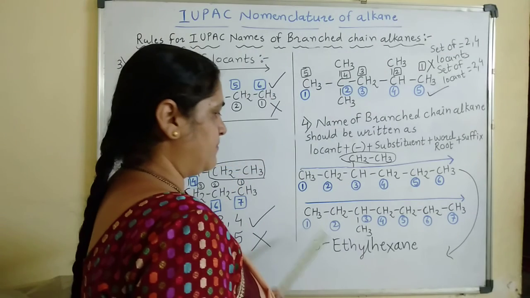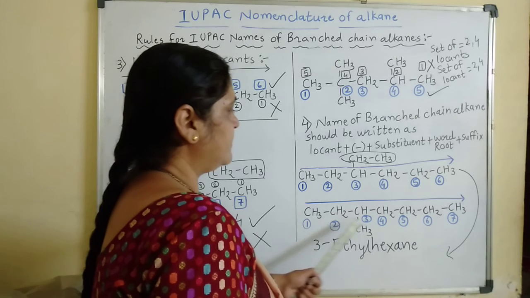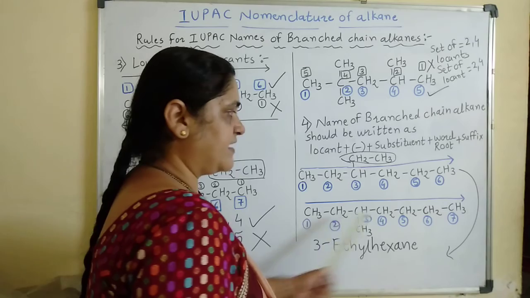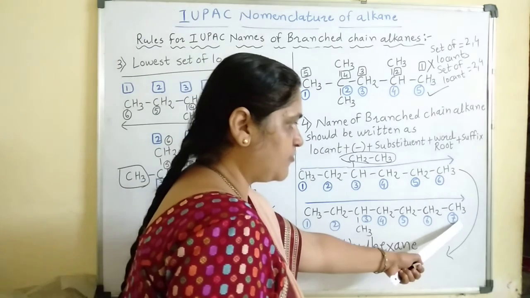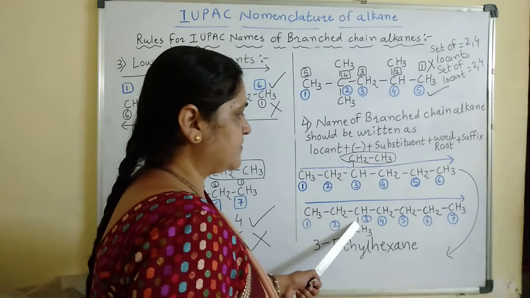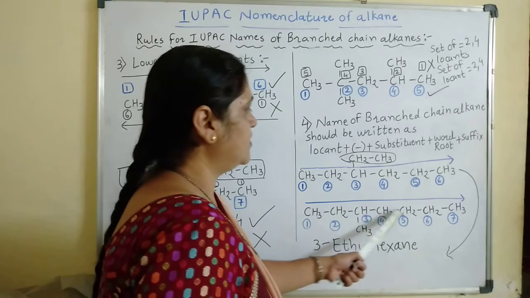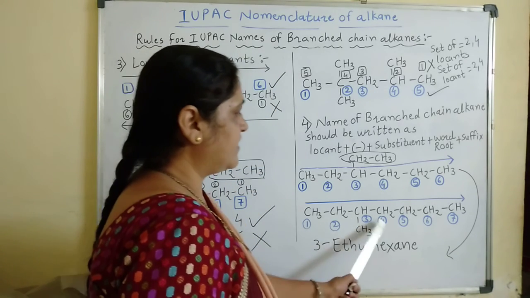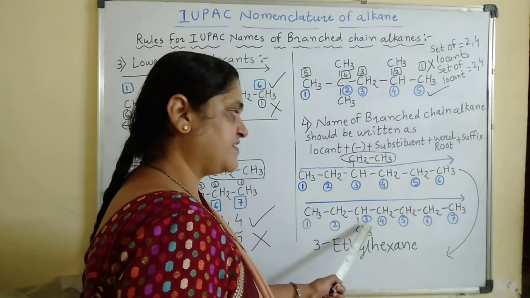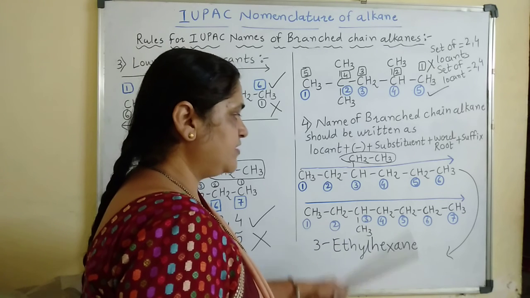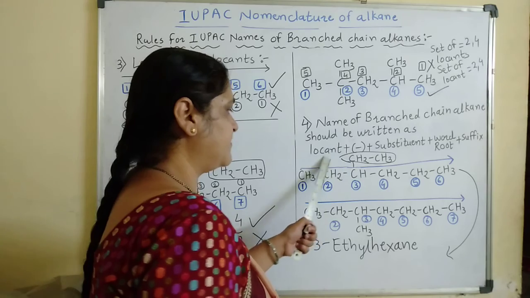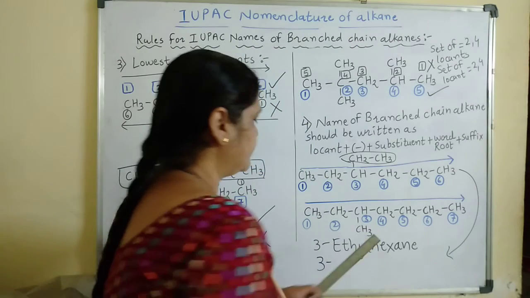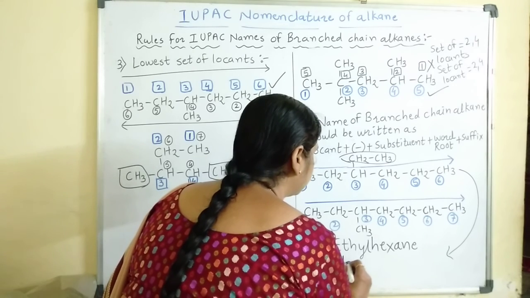Now come to the second example. Here you will find that CH3 carrying carbon is this. Now I have done numbering from left hand side to right hand side. If I am doing from right hand side to left hand side, then this substituent carrying carbon will get 1, 2, 3, 4 and 5. The locant 5 or positional number 5. While from left hand side to right hand side, it gets positional number 3. So this numbering is correct. Now when you are going to write this name, same way, first locant, that is carbon number 3. Now here methyl group is there, so put the hyphen and write down the name of substituent, that is methyl.